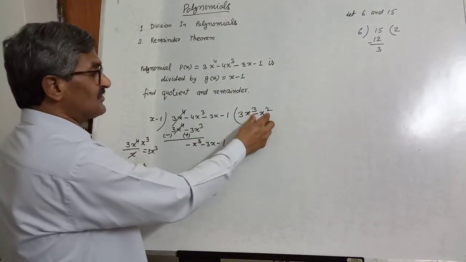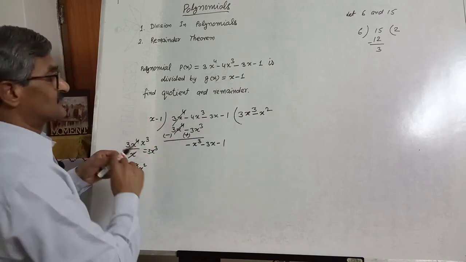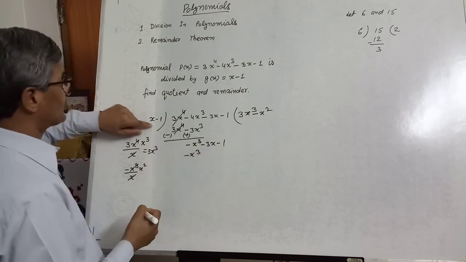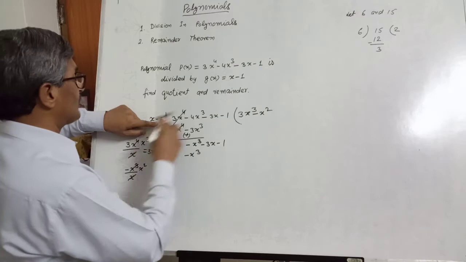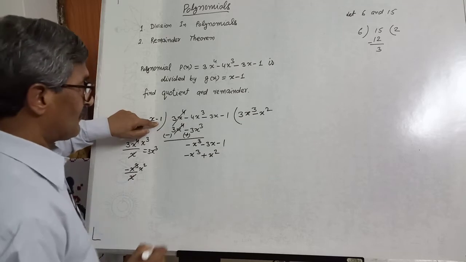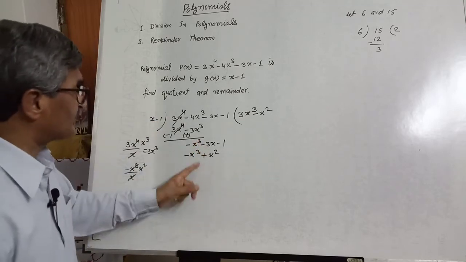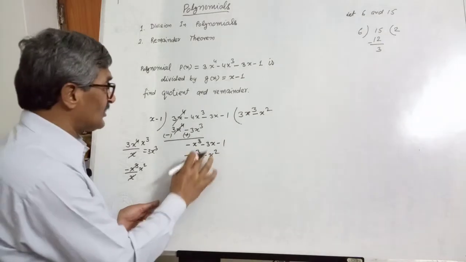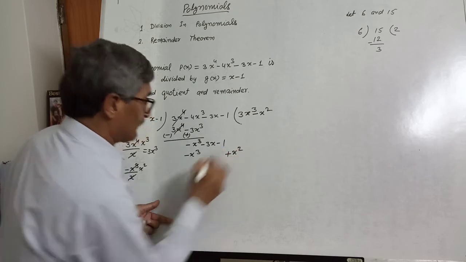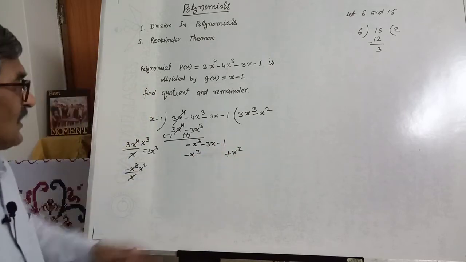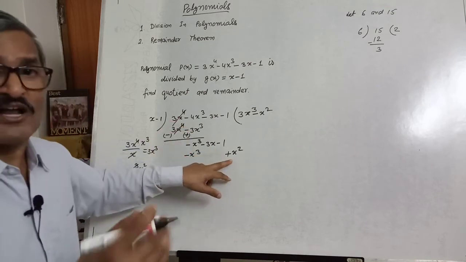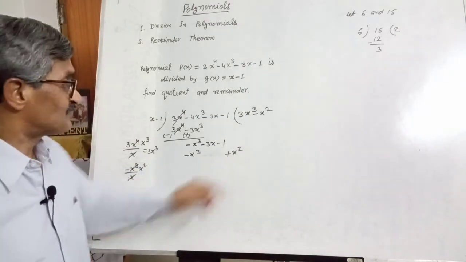Now multiply this minus x square with these two terms. Minus x square into x will give minus x cube. Minus 1 into minus x square, minus will become plus x square. Here there is no x square. If you are writing here, then you be careful, otherwise you write separately plus x square. Because there is no term x square, like terms will be written within the column, and if some unlike term is there, you can write separately here and subtract.